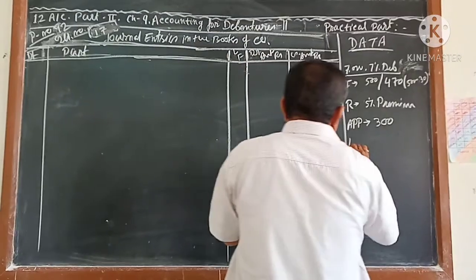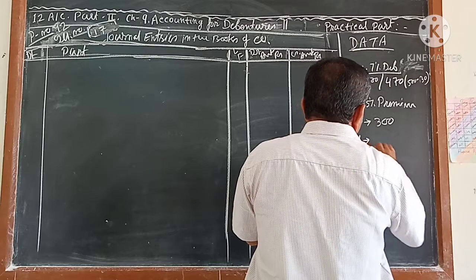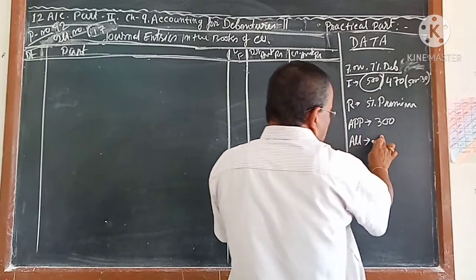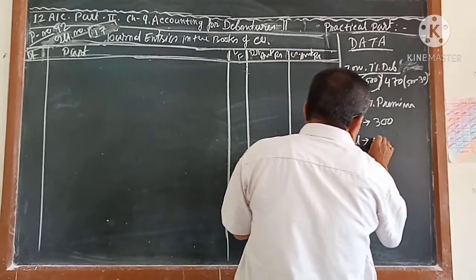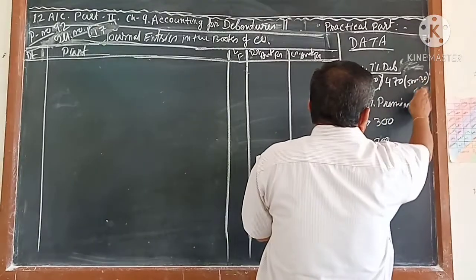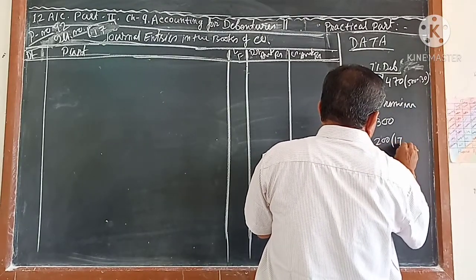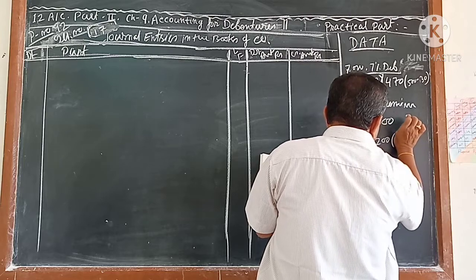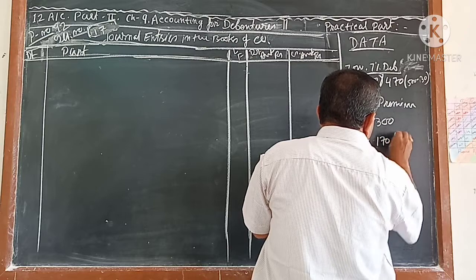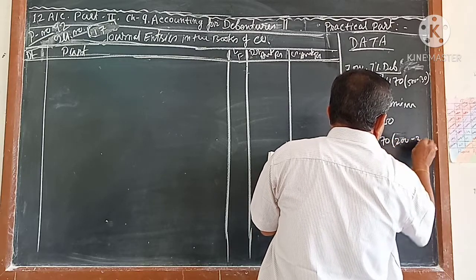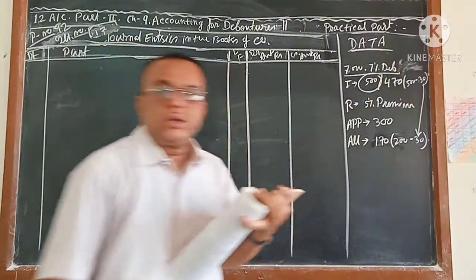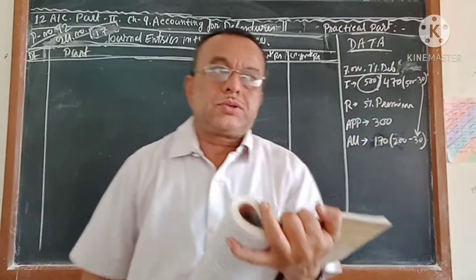And on allotment how much will you take? Can anybody say? Because the total is 500, out of that how much will you take for allotment money? It is 200. But 200 you are not taking, because you are giving discount. So actually it is 170. Allotment you are taking 170. How does it come? 200 minus 30. This is the data which you have to collect to do the sums.